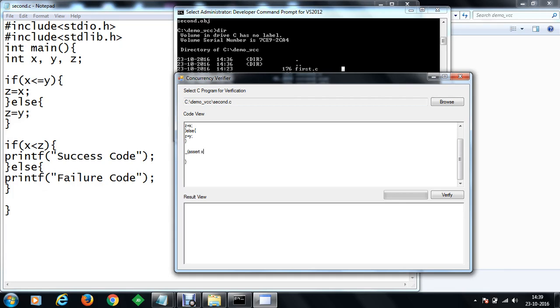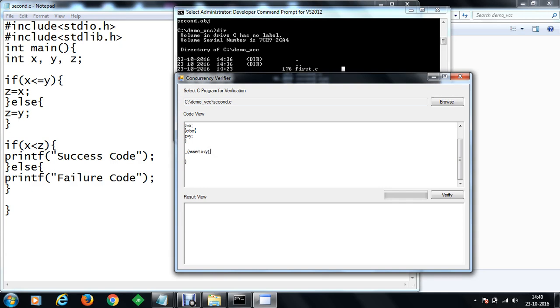So we were checking if x is smaller than z, and we need to test that, so we'll go for the _assert annotation. The annotation has to be done like this. This is the annotation tag assert, and then we want to test the condition x is smaller than y.